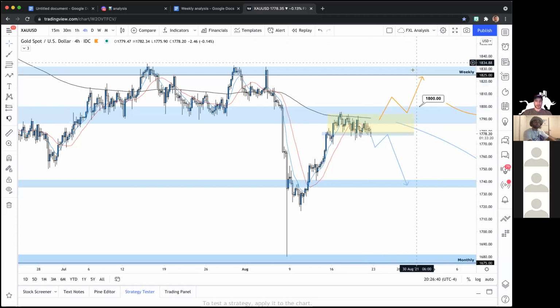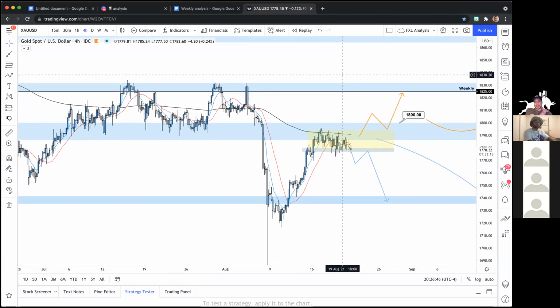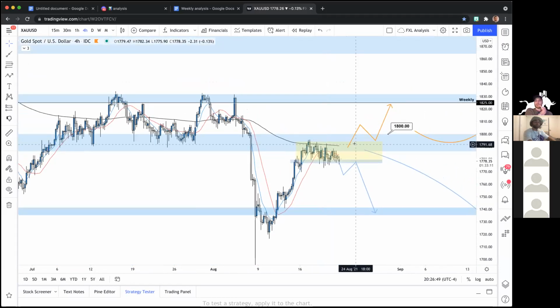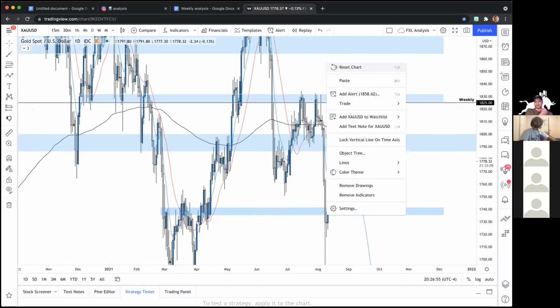So it's a 200 pip spread if you're getting in from 1800. Gold can be pretty profitable that way. Depends on your strategy. But for us to be completely bullish on gold, considering the trends, it's really got to get above 1825. Because as you guys saw on the daily,